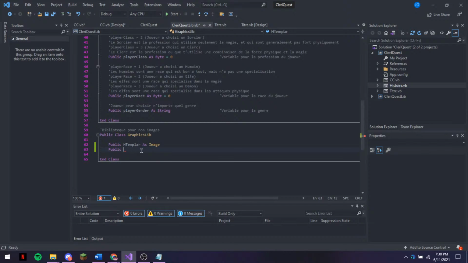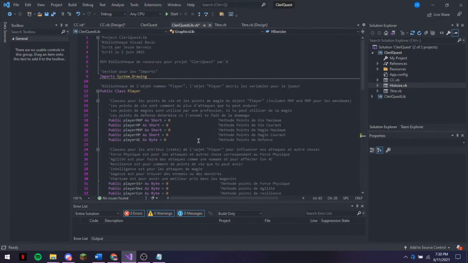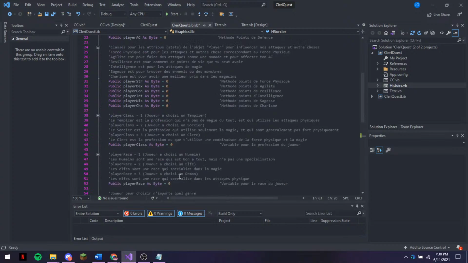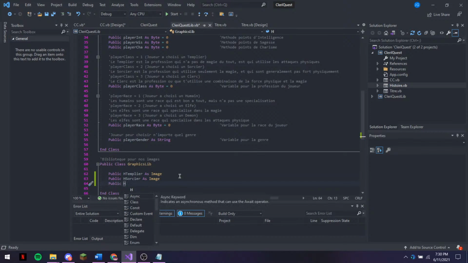Yeah, no, okay. I probably could, but not sure. Okay, so we want H. Okay, Templar, Sorcerer, Cleric. Okay, so we have our Templar, Sorcerer, and yeah, because I will be using them as enemies, so it should be fine. As image, okay. So these are the 3 classes